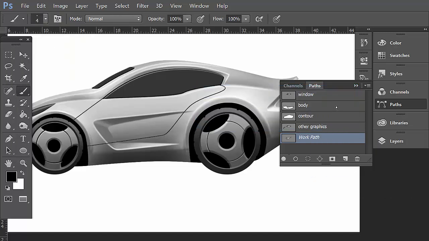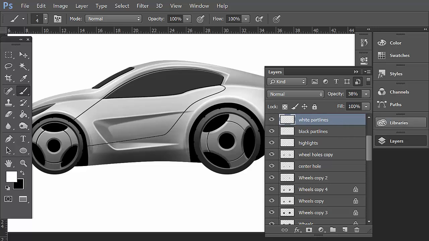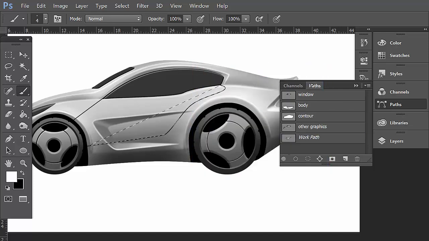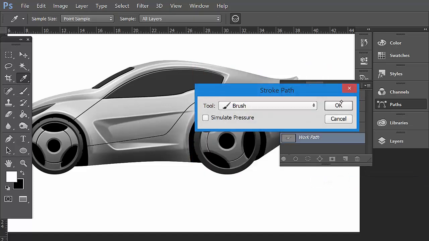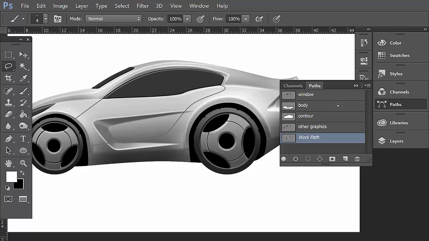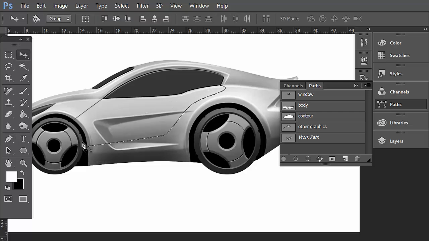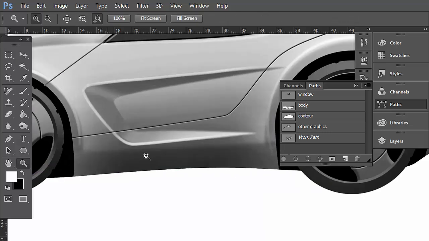stroke path, okay. And then I can do the same thing in the other layer with my white part lines. Make selection, okay. Sorry, stroke path, okay. Then I can select that. I can also select it with my pen tool and Command Enter. And then I can move that thing just a little bit. And that's our part line,